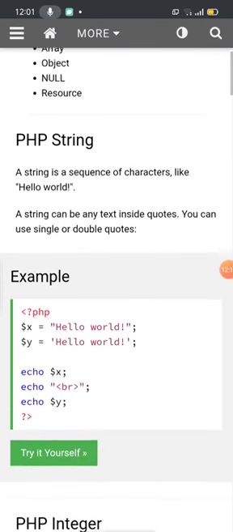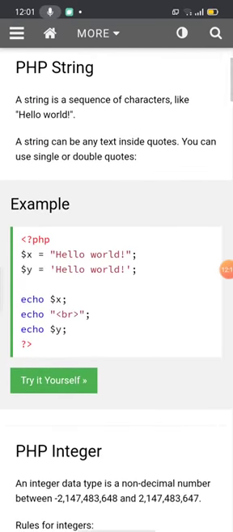We have seen the very first data type, the string. PHP string data type we have seen. Strings hold characters, like hello world, any characters. You can write your name also, and if you are writing your name, you can use a string. If you are writing your mobile number, or a date of birth, or your marks, for example total marks, you can use an integer value.